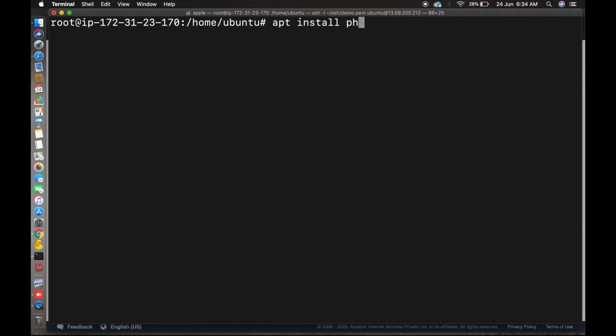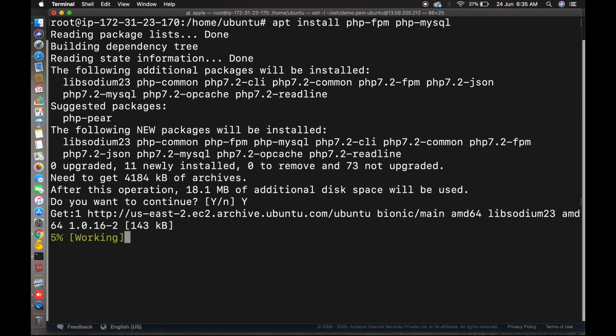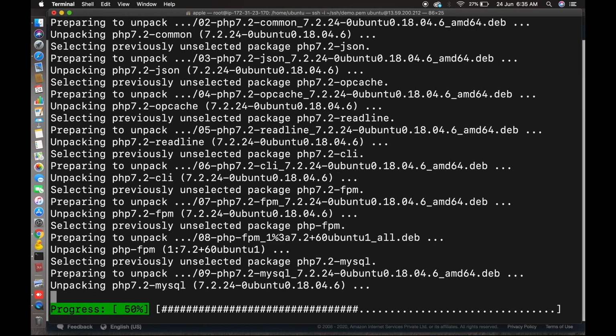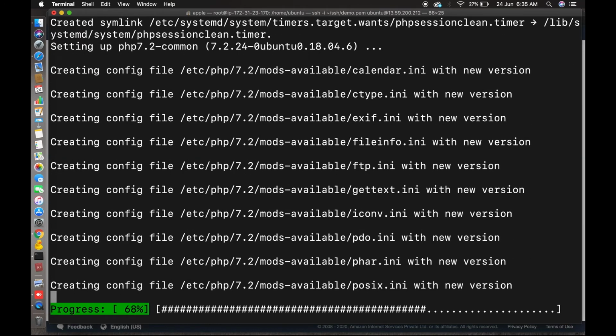So apt install php-fpm, then php-mysql, so that your application will run smoothly. The PHP MySQL connection driver is needed. This module is a must to run your application using MySQL.